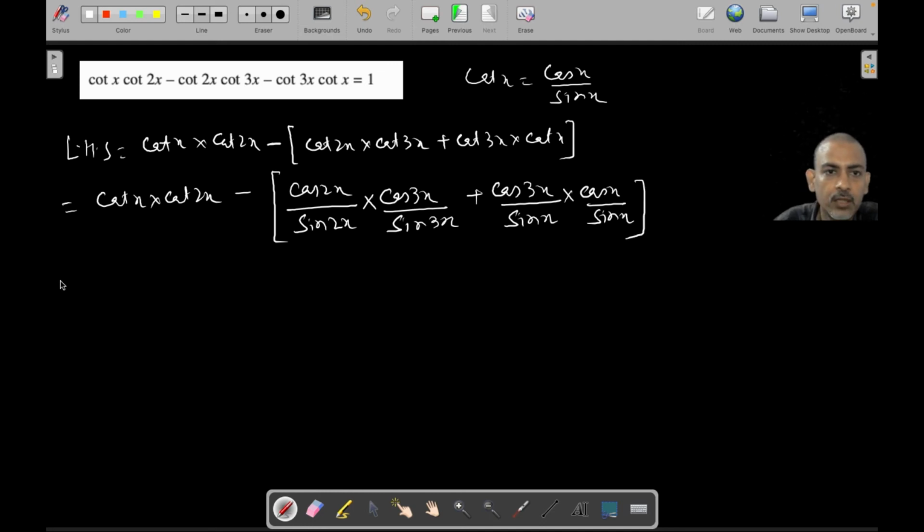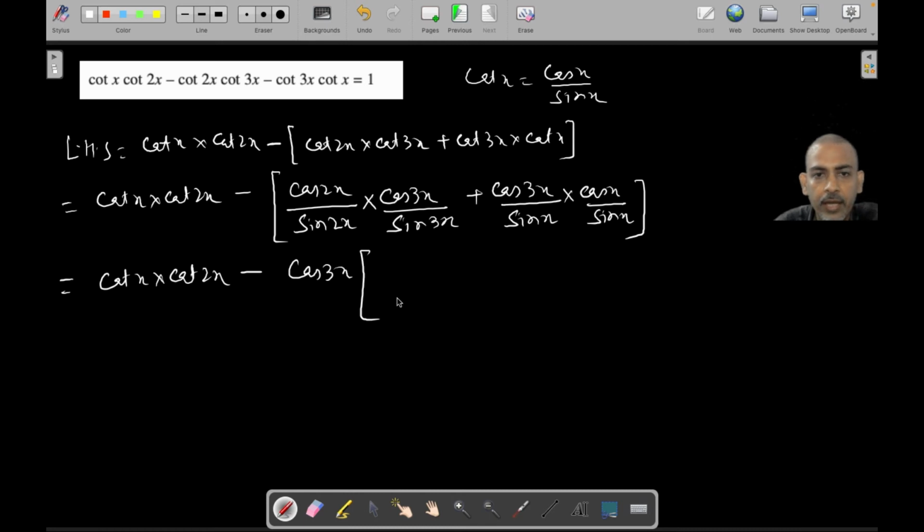Now what I'll do is I'll just keep it as it is, cot x into cot 2x, and here since I have cos 3x in both the expressions, I just take cos 3x out, alright, and while taking the LCM, I will have LCM of sine of 2x into sine of 3x into sine of x, right, and here since sine 2x and sine 3x are there, then I will have sine x,